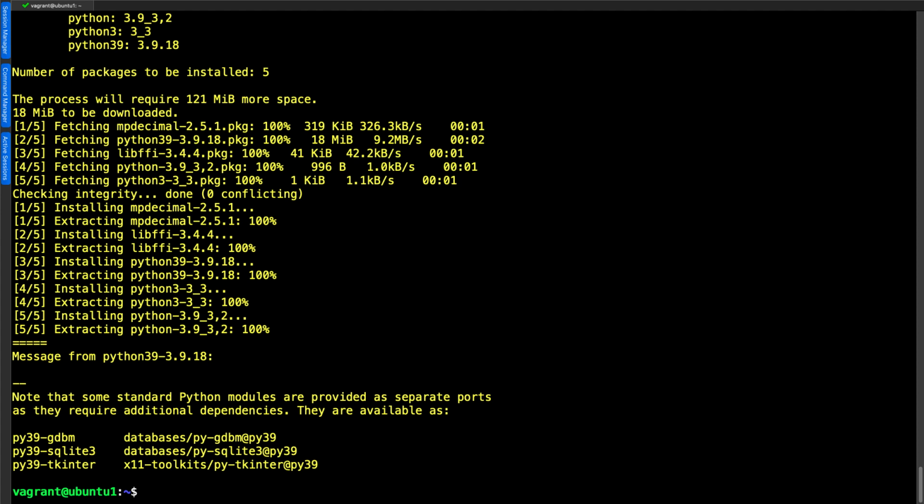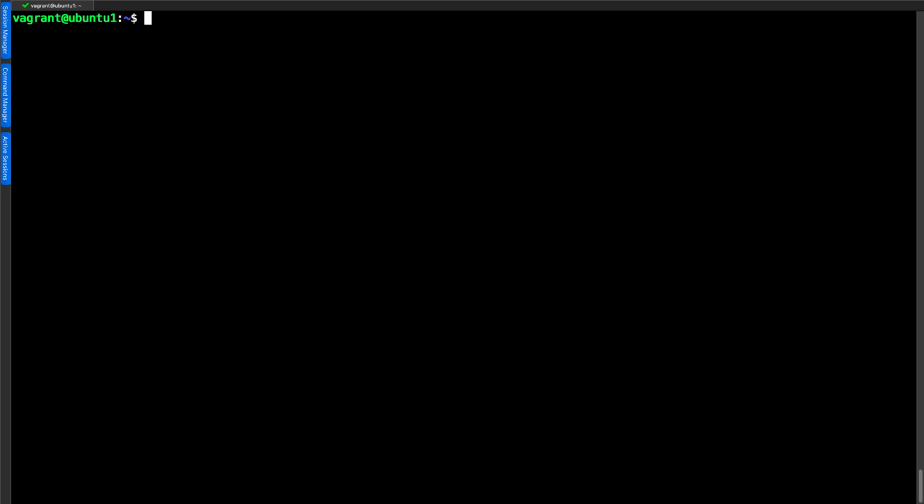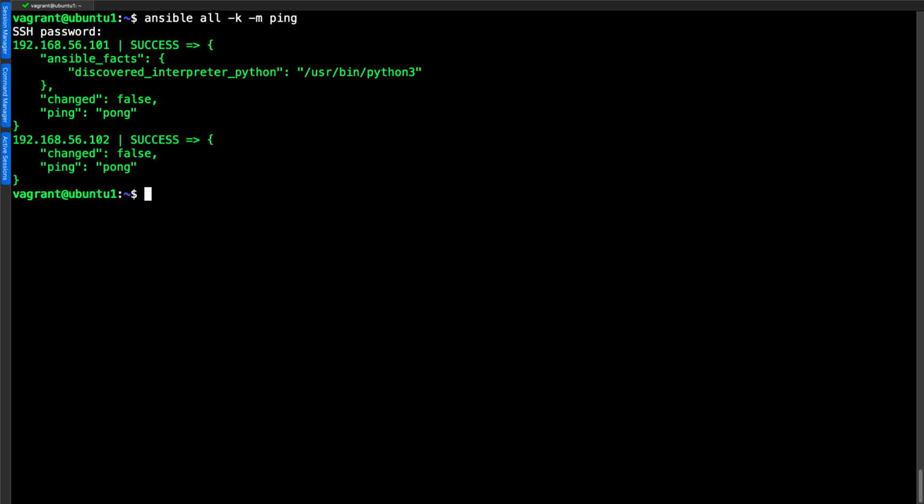So now, as we can see that we have done the install, we can go ahead and use Ansible, targeting the all group, prompting for the password as we're still not using key-based authentication, using the ping module to check then that Python is responding. So I still have to set the SSH password. The idea is then long term I would be using key-based authentication, but you can see now from both hosts I'm getting the response from the Python interpreter.